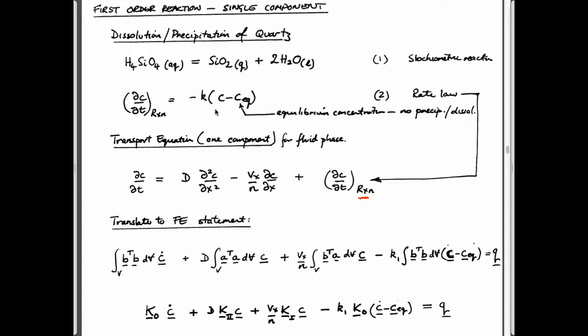One way to think about that would be if you're net dissolving, say, quartz or any other mineral for that matter from a system. The rate of change of concentration that you dissolve into a system would be the magnitude of the local concentration within the fluid relative to the equilibrium concentration. Equilibrium concentration, by definition, is where it's at equilibrium, so there's no net exchange between one phase and the other. So if you have an equilibrium concentration as your fluid is flowing, then this term by definition is 0, and so there's no exchange either taken out of the fluid and precipitated onto the solid,